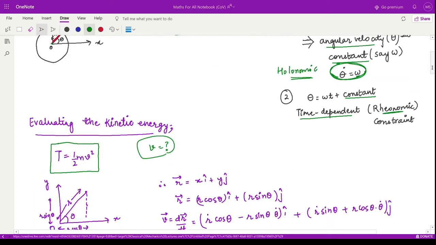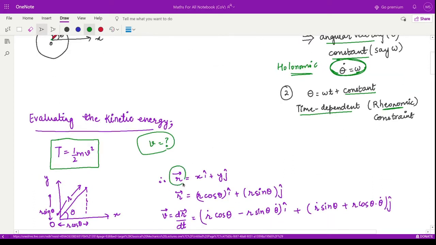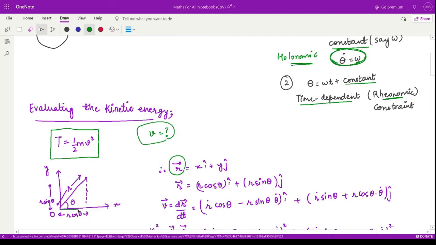So can I define this position vector r as x i cap plus y j cap, where what is my x? Our x would be this distance from the origin. If you draw a perpendicular line onto the x-axis, this distance on the x-axis would be the distance x, and this would be equal to r cos theta, because this angle is 90 degrees, using trigonometry. And the y distance would be equal to r sin theta. So we have x as r cos theta and y as r sin theta. This is the position vector associated with the bead.